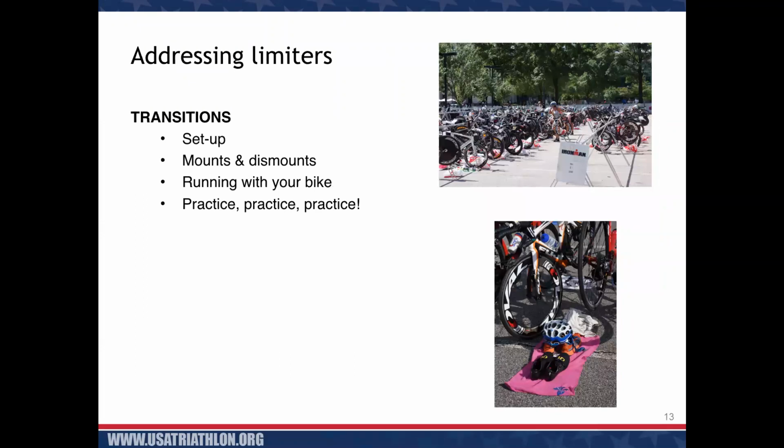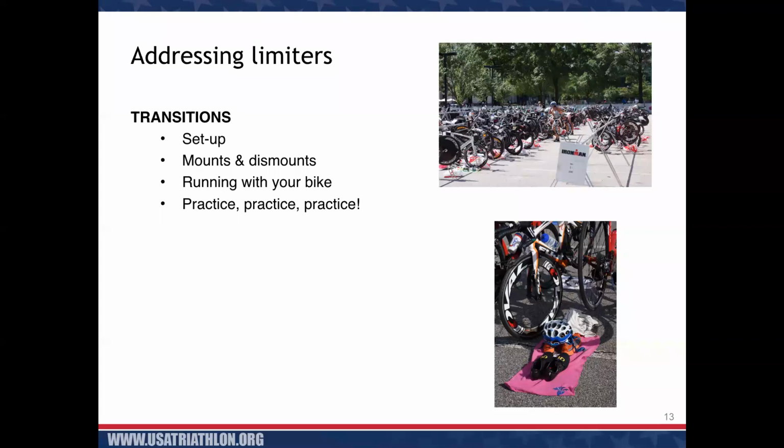And finally, when you think about transitions, sometimes races are won and lost in transitions. So, what your setup is. I think less is more. When you go into transition, sometimes it's like people are going to camp out in there. So as little stuff as you can have in there, it's better. It's simpler. Keep it simple. Exactly what you need. Nothing extra in there.